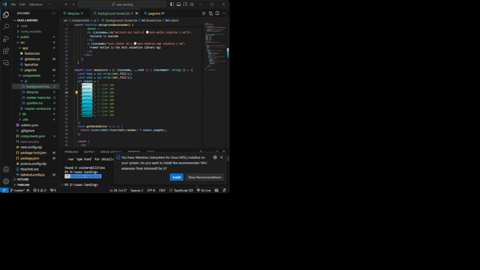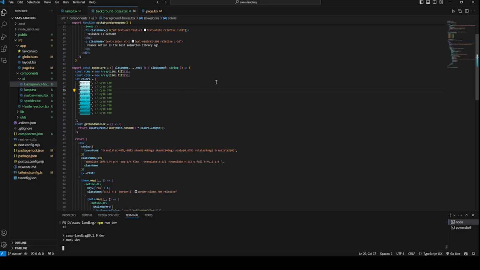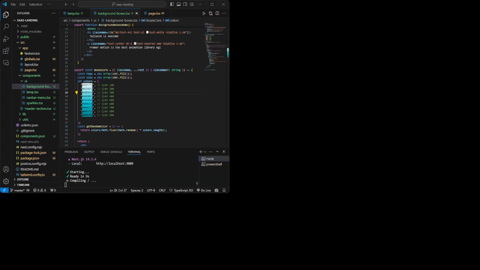Let me just start my VS Code again. Let me start my terminal again, because for some reason it has quit. So let me just enter this and remove there.